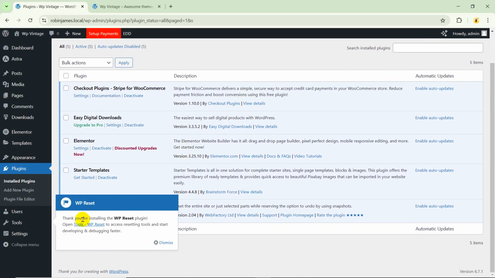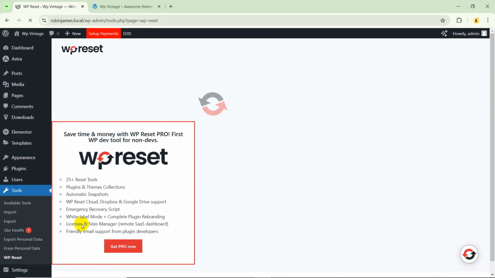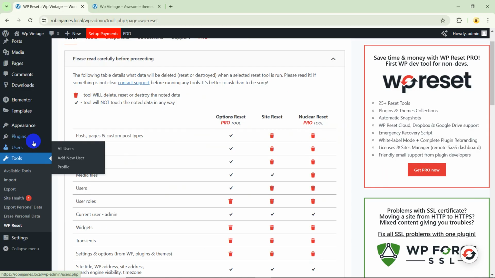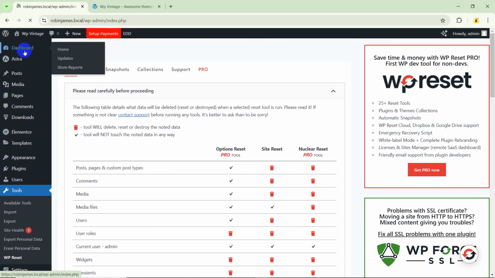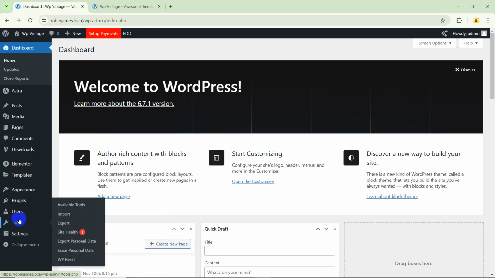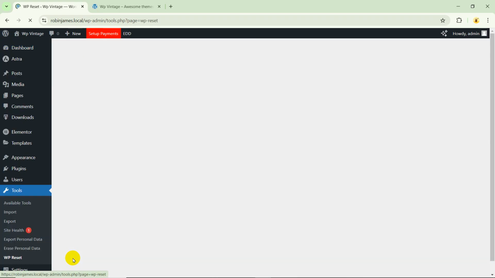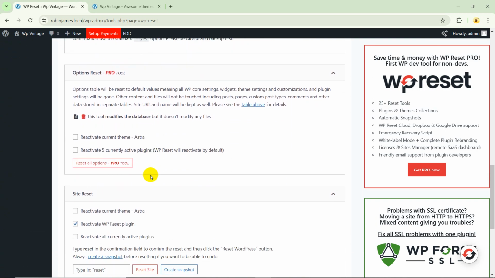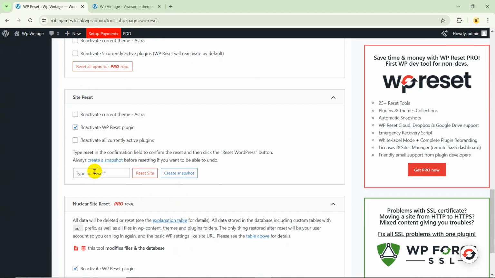and then just click on that WP reset. You can also go to that setting from tools and then WP reset. Scroll down to the bottom and you have to just type the reset text here,